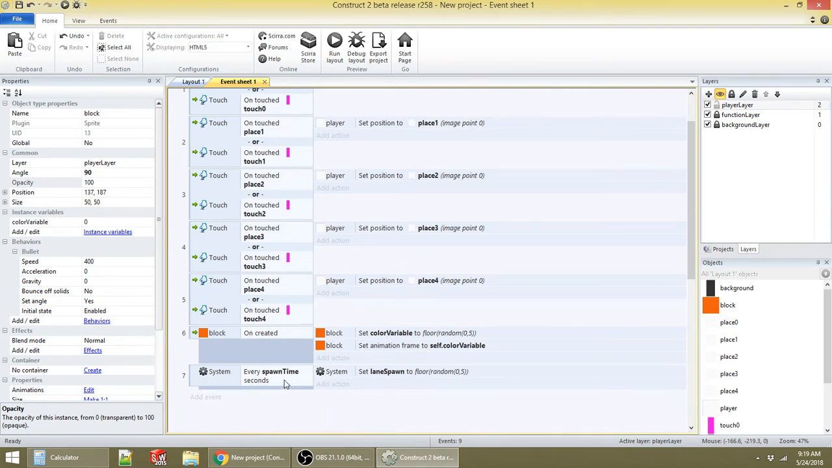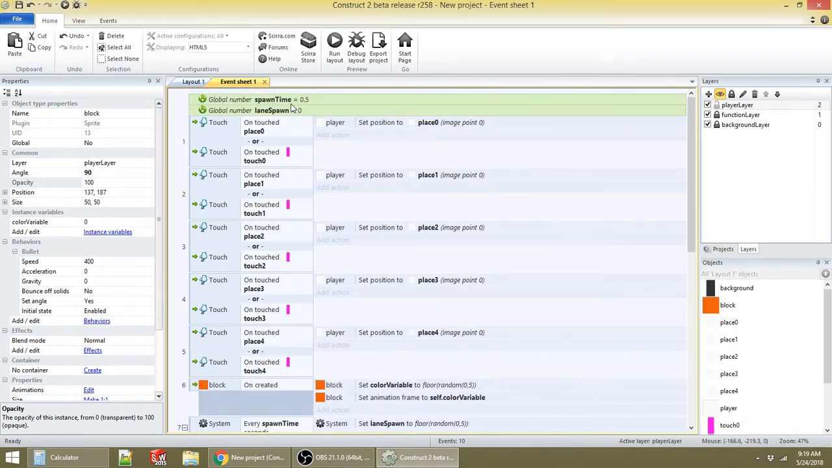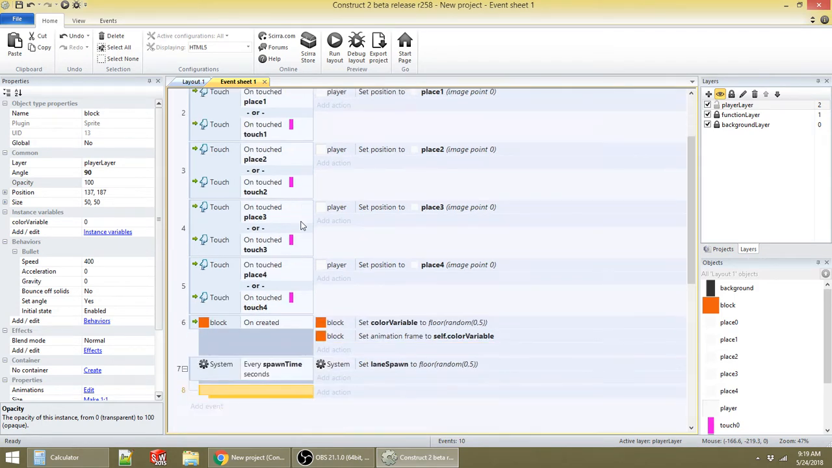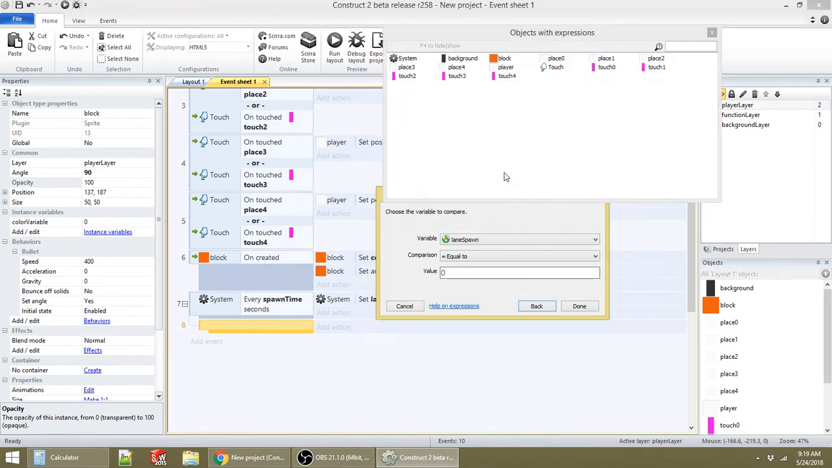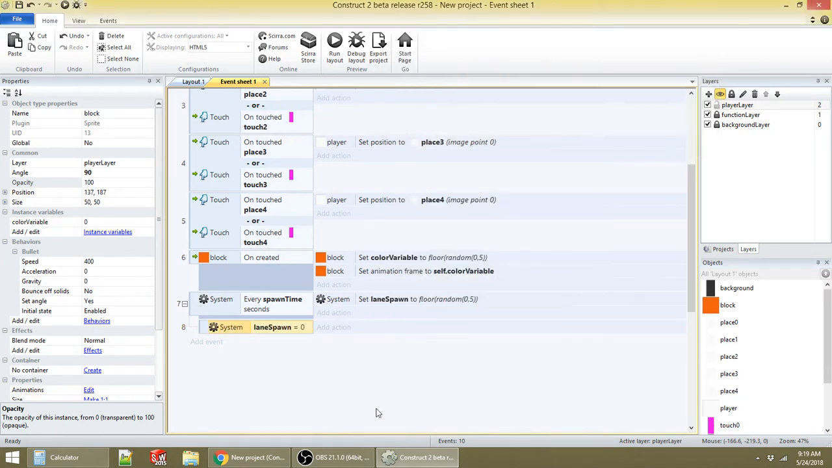And here's what we're going to do. We're going to make a sub-event on this. I'm going to press B to get a blank sub-event. Spawn time was one of the two global variables we just made. It's up on the top of my screen right now. Take a quick peek. Okay? So in my blank sub-event, I'm going to double-click, and it's going to be system compare variable for lane spawn. If lane spawn is equal to 0, we're going to ask the system